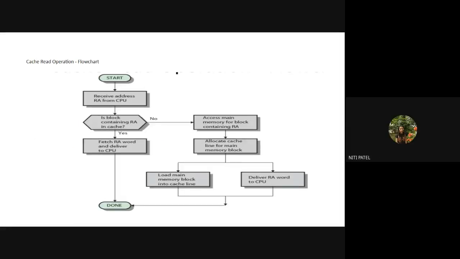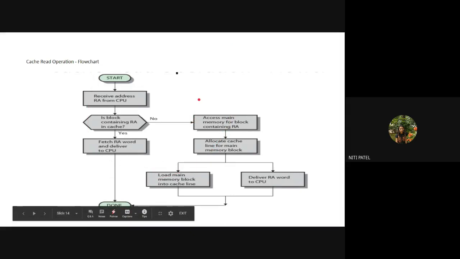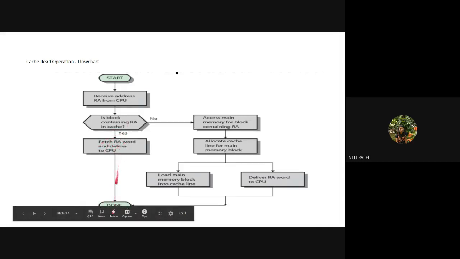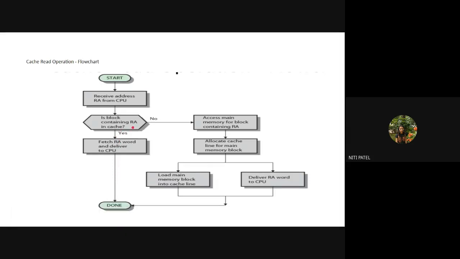Yes, ma'am. Okay, now next let us see how your cache operates. You have already studied this, I have already explained it. We'll just read the flowchart once. We start execution of a program, we get an address, that means we get a memory location. The memory location is given to the CPU, from which you have to start the execution. Now I will check for the block inside the cache. If the block is there inside the cache, I will directly fetch all the related data, execute it, and complete the execution. But if it is not inside the cache, I will access it from the main memory. That means I will try to search for it in the main memory.